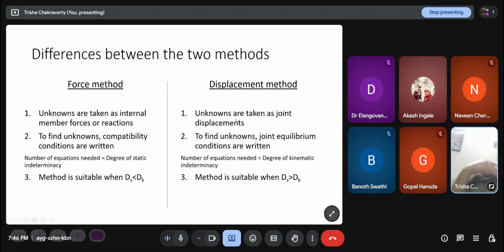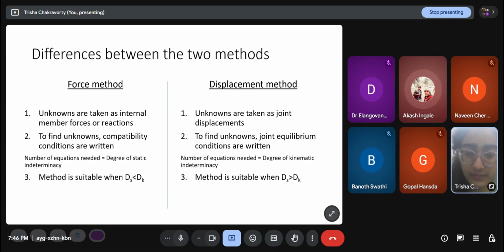Just like MDM, the moment distribution method, exactly, the stiffness approach, the stiffness matrix method. We say that these joint displacements are unknowns, and then to find the joint displacements, I impose some equilibrium conditions. Unlike here, where we impose compatibility conditions. Here, we will impose equilibrium conditions, and once I have solved those joint displacements, I will have some other conditions to find out the forces in the structure, the unknown moments or unknown forces. Then I will again treat it as a determinate structure, and I will have all the information I want about it.